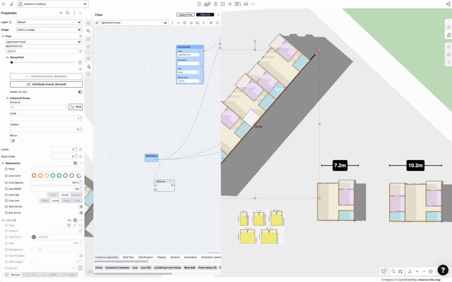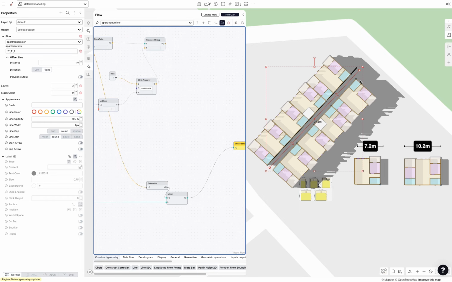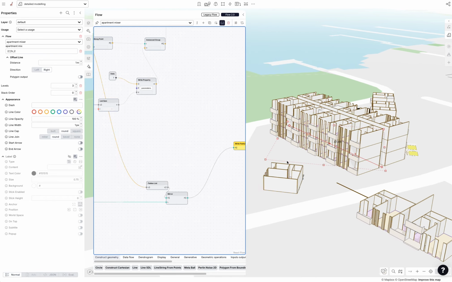Just going to try flatten that list. I think it could be a list of lists. Yeah, there we go. So nested lists are not kind to Giraffe blocks. Okay, so now this is a purely symmetrical apartment building,